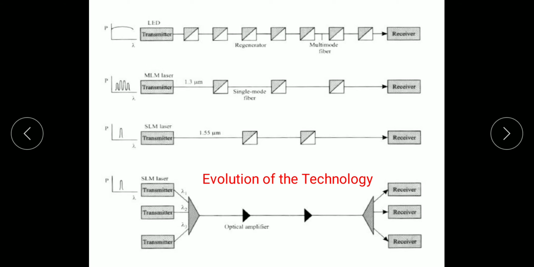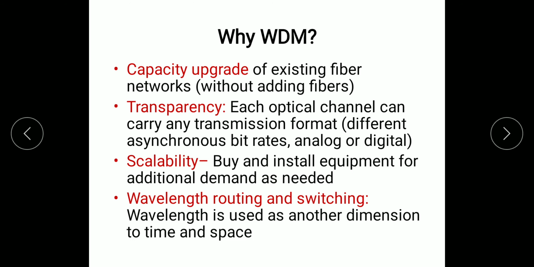That means for every different signal, we will use a different wavelength signal, and then we can combine that in a single fiber. As the wavelengths are different, they will not interfere with each other, and in that case we require optical amplifiers in between. At the receiver end, the wavelengths will be separated and given to respective receivers. In this way we can effectively and efficiently use the fiber link to send more than one signal.